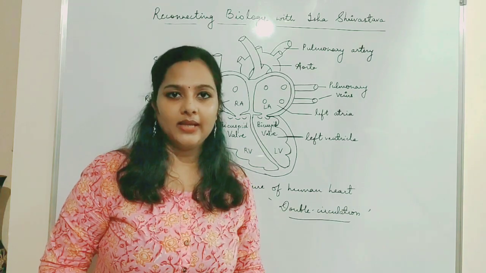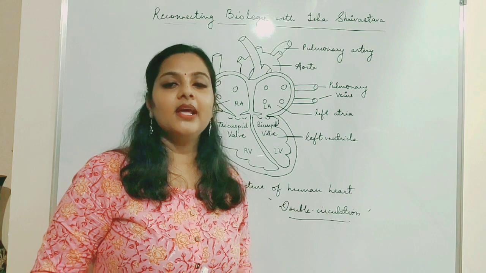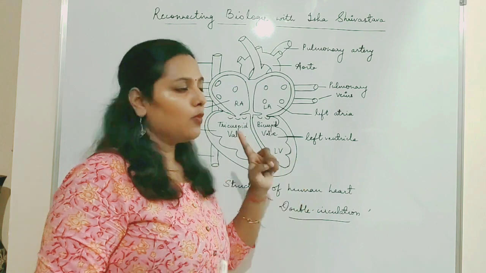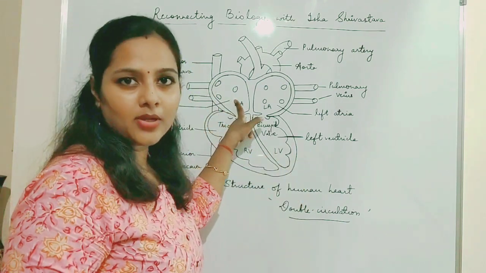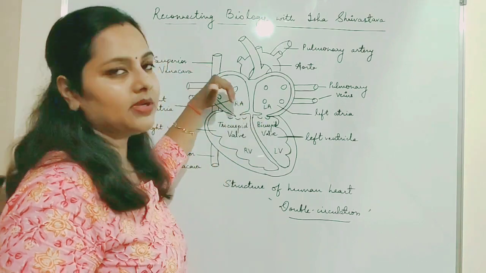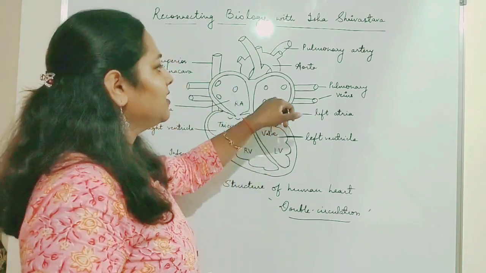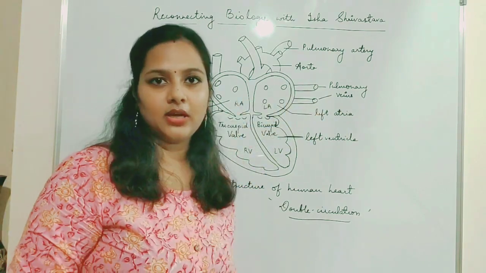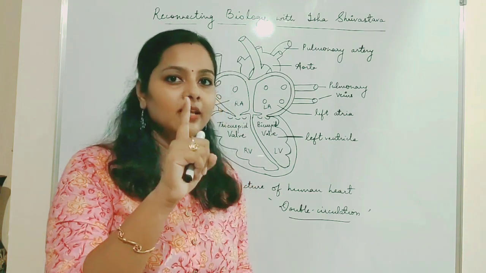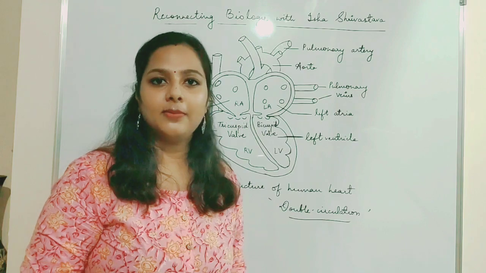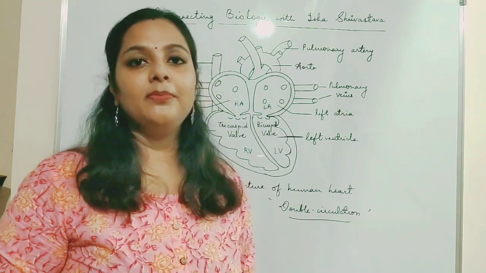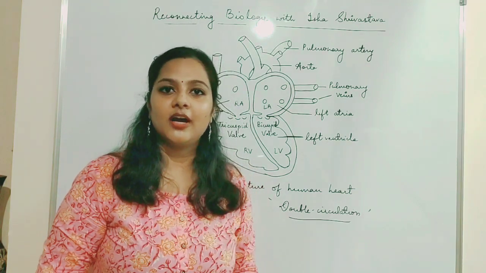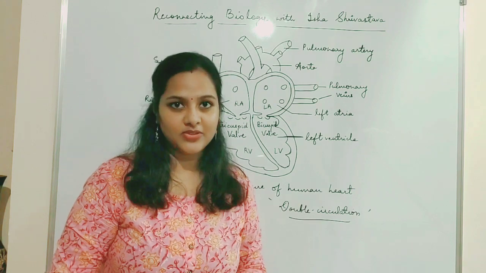For circulation of blood once in the entire body, the blood has to enter the heart twice. Now, how does the blood enter the heart twice? Once it enters through the right atrium from the body parts. This is the first time the blood enters the heart, and the second time it enters through the pulmonary veins from the lungs. So twice the blood has entered into the heart, and the circulation of blood is there only once. That is why it is called a double circulation. In simple terms, for making the blood flow once inside the body, the blood enters twice into the heart, and that is why it is called the double circulation.